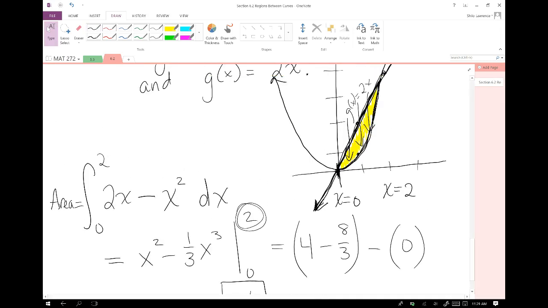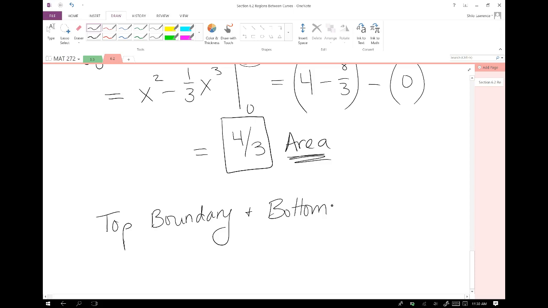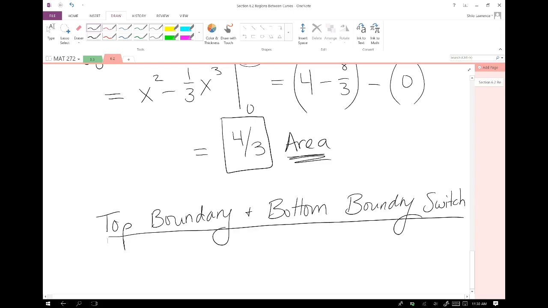Sometimes these regions aren't that simple. There are a couple things that could require us to make some adjustments though. The first thing is if our top boundary and our bottom boundary flip-flops somewhere in our region. If that's the case,